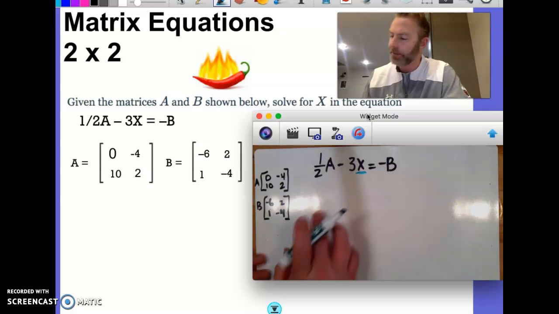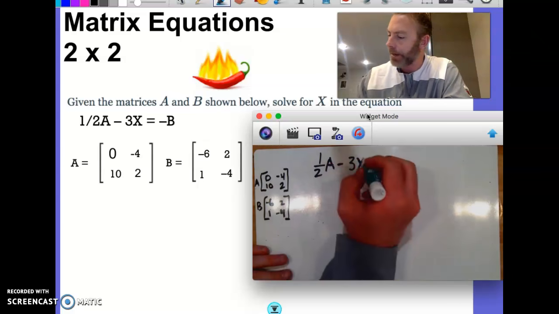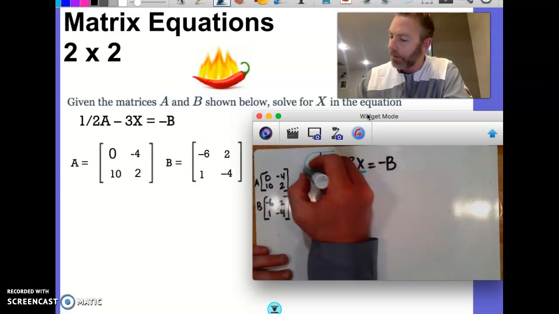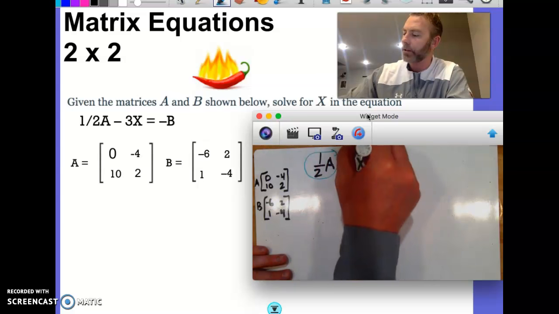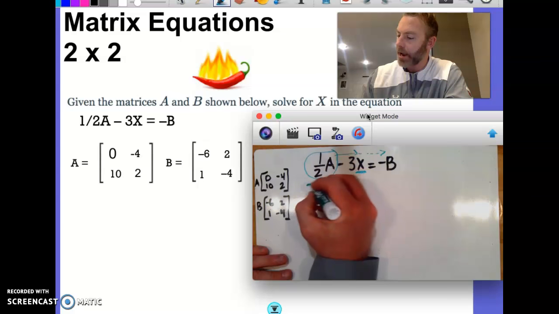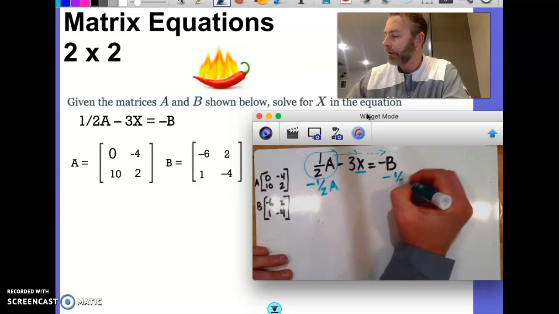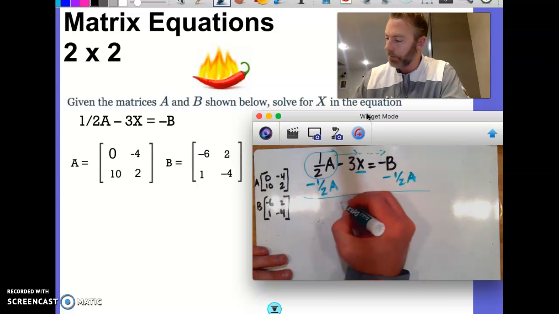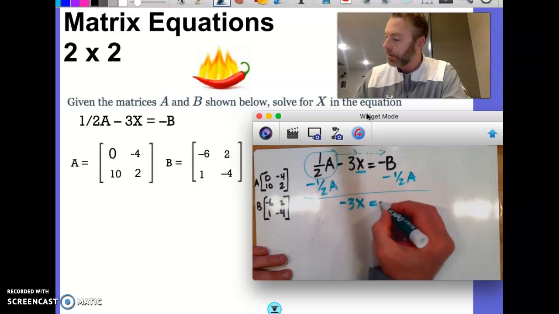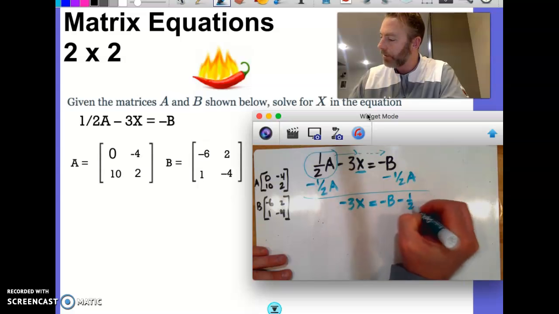Before I get anything done here, what I want to do is I want to just do a little algebra here. If I want to isolate this thing, I want to get rid of this first. And so I can move that basically over to the other side of the equation by subtracting that matrix from both sides. Just make sure we preserve that order here. Okay, so that's going to be minus 3 times matrix X equals the opposite of matrix B minus 1/2 matrix